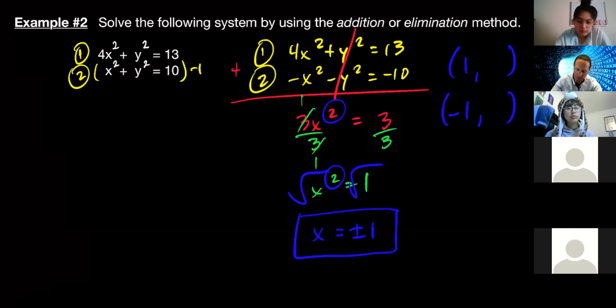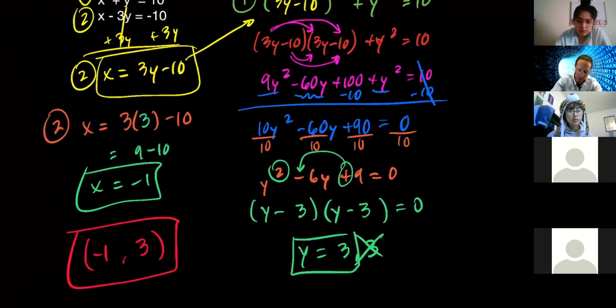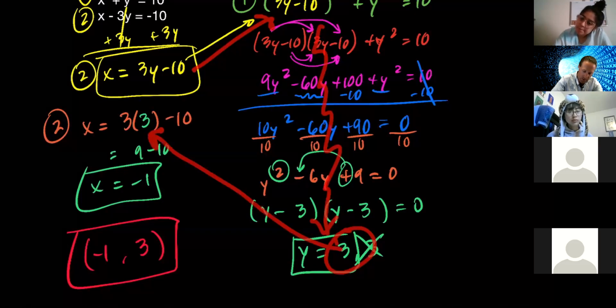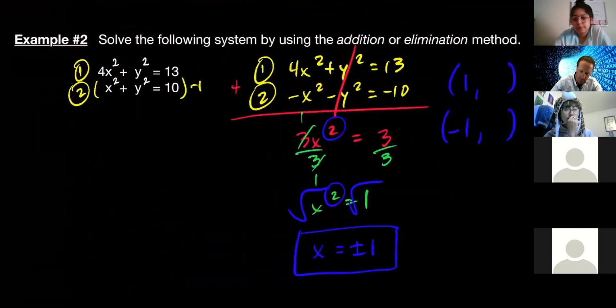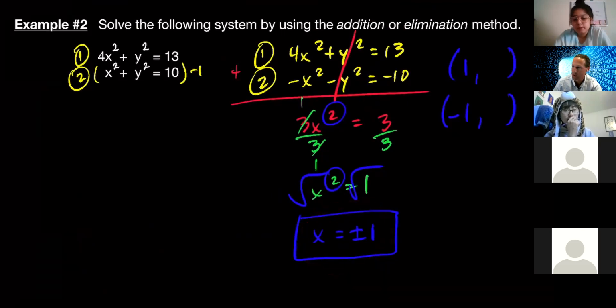Unlike the previous problem where we used substitution, we solved for something, then plugged it in, then went through and solved for one of them, and then back substituted it into that to solve for the other. I don't know what y is equal to in either of these. So unfortunately, I'm going to have to choose either one, the easiest one, to then solve for the y. And what am I going to do first? Equation 1 or equation 2? What do you think would be easier to solve for y? Equation 2. Definitely. The number 2. Definitely. Let's take equation 2,